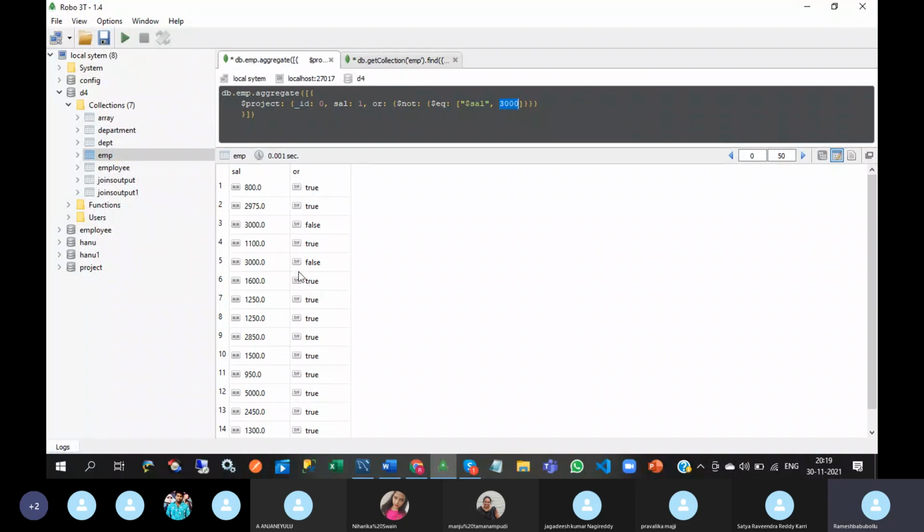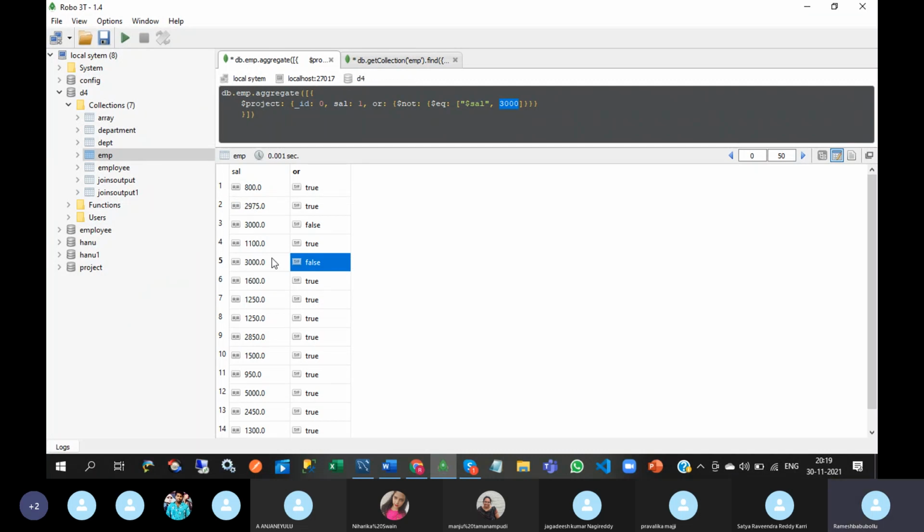Okay, so 800 is not equal to 3000. That's why it is true. That means equal to 3000 is false, except that all are true.